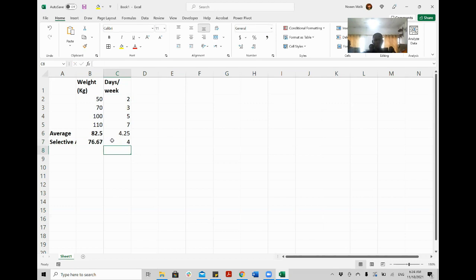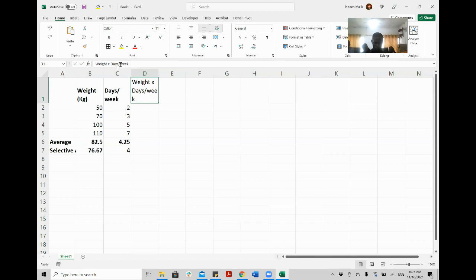Okay. So this is how you actually create simple formulas. How do you create one if you have to multiply, right? For example, you want to multiply weight into the days. Here we can create another column, weight multiplied by days per week. Okay, let me wrap it.